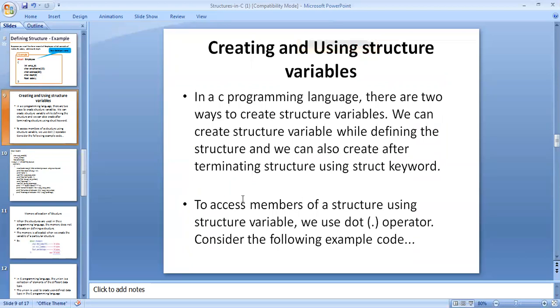It means that after allocating the elements in the memory location, how do we access the elements after arranging them? That's where we use the dot operator. When accessing the elements in the structure, we use the dot operator.